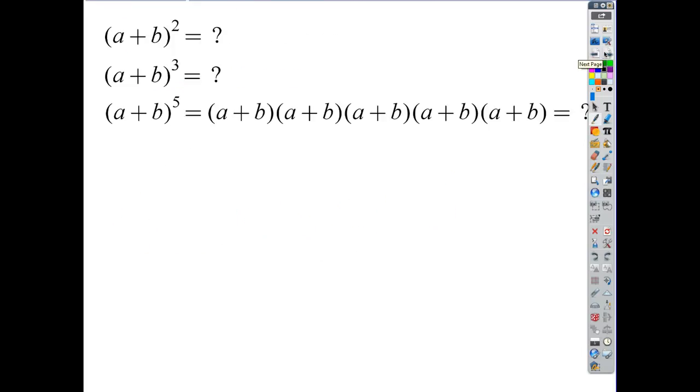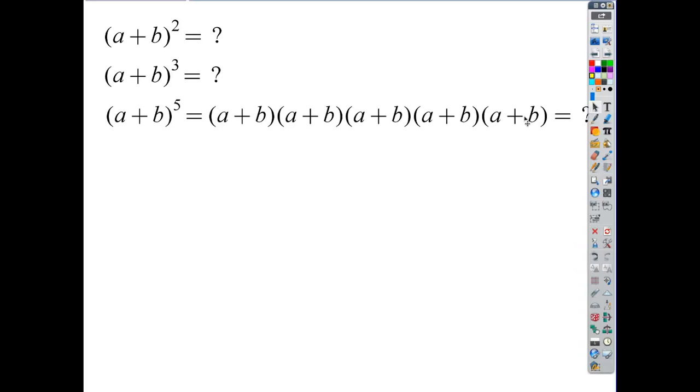Now we're going to look at some binomial expansion. So what if we've got a binomial to a power? This can get difficult if you don't know the tricks, right? Like what if we wanted to do a plus b to the fifth? Well, just to put this in context, what if we wanted to multiply